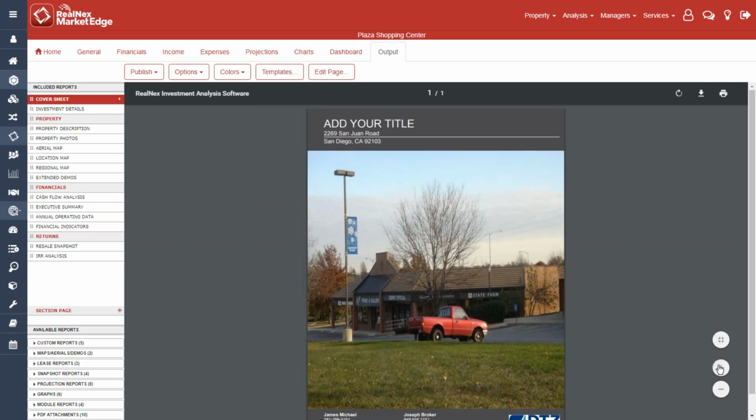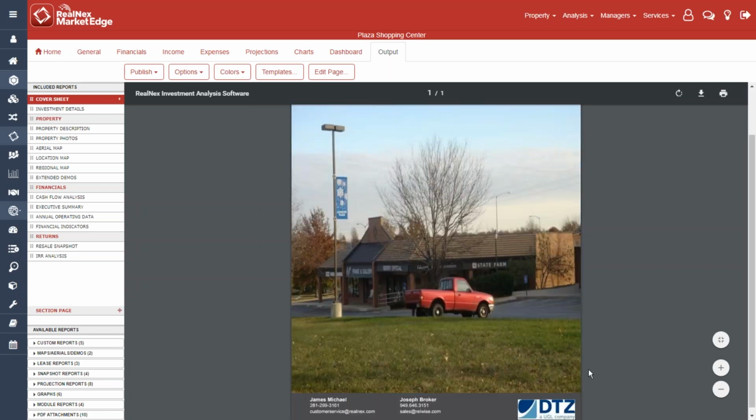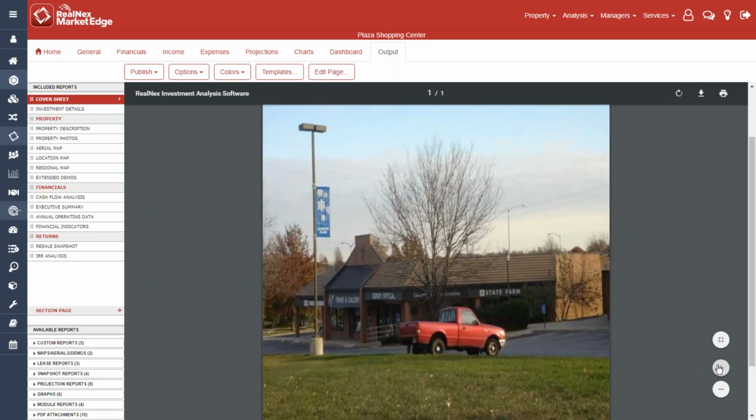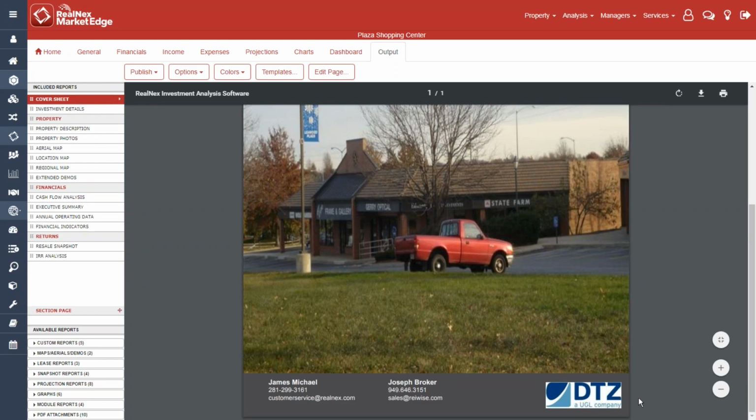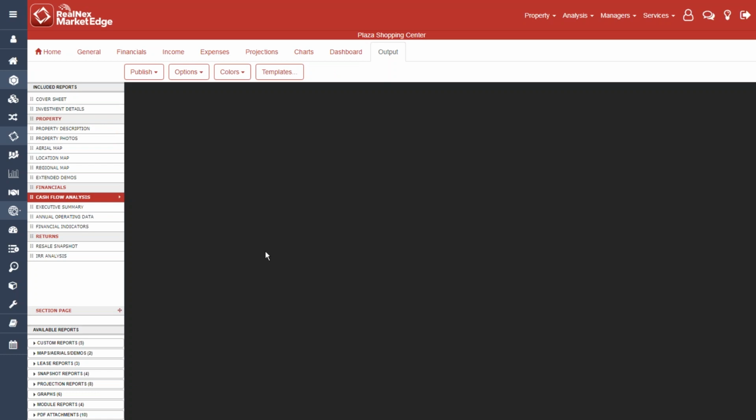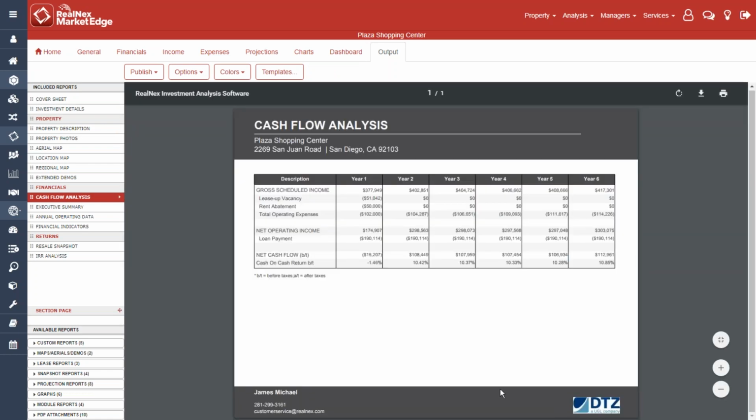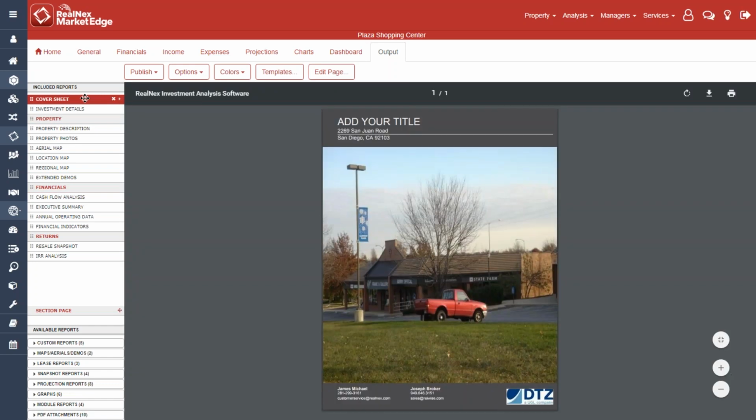Now, most of your logos are probably going to be in a JPEG format. So let me just make this bigger. And you'll see it'll go ahead and put the logo in there for you. And on all of the pages that are on there, it'll put the logo as well. So let's just take a quick look here and let me show you what I wanted to show you is that